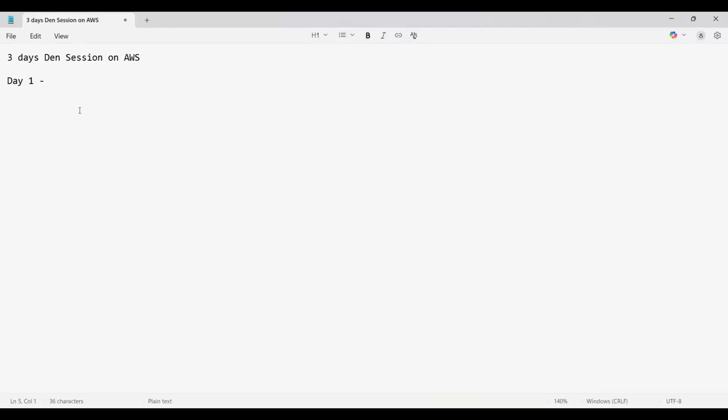So in CSP, that is cloud service providers, we do have three: AWS, Azure, and GCP. We are all aware. Now, why AWS and why not Azure and GCP? Yes, GCP is purely for Google related applications and Google related stuff.